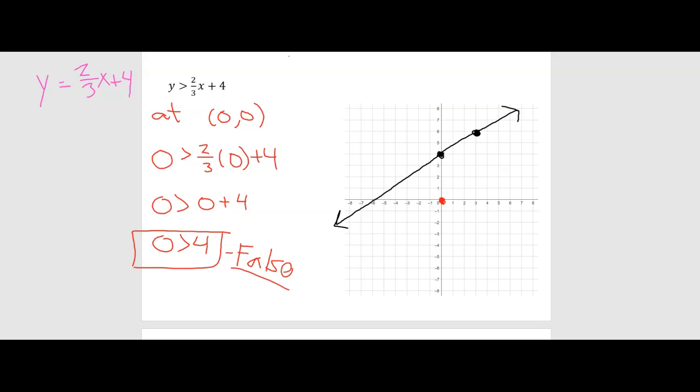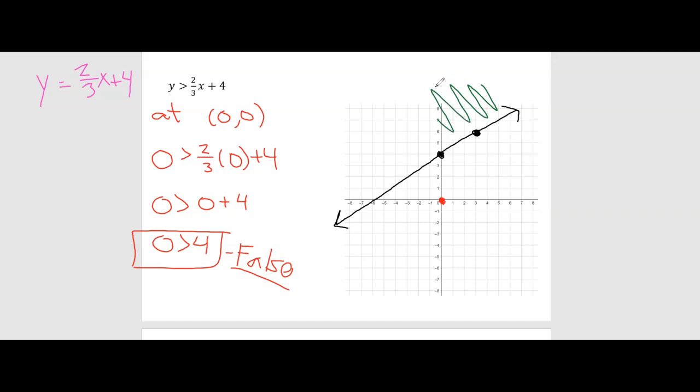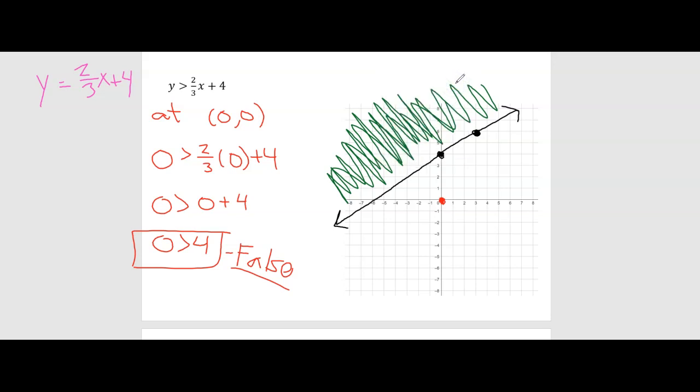Because this is false, we are going to shade on the opposite side of that test point. So we are going to shade up here. Every single point above the line would work, right? And just to prove it to you, you don't have to do this because you've already done a test point, but just to show you that this will work,